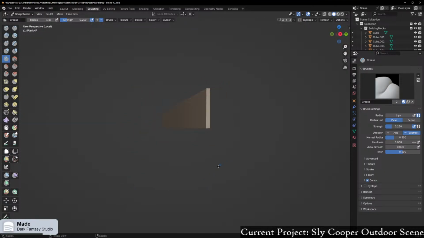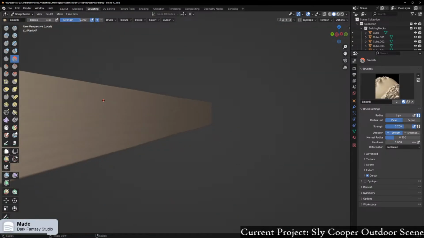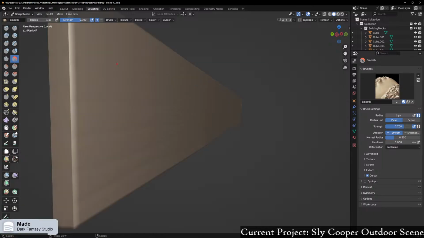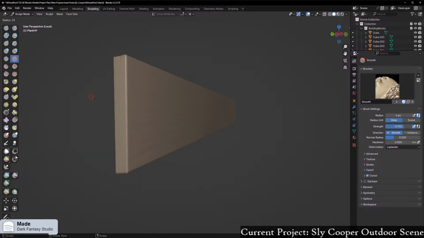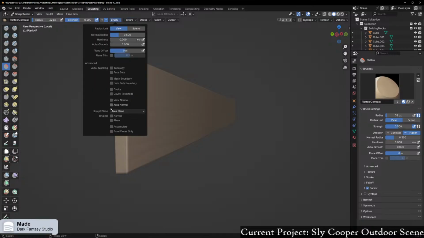And then at the very end, I think I might just etch across this for the sake of my sanity, because I don't particularly feel like doing rings. I am going to edge smooth this, I think. Okay, that's probably a bit too much. Maybe flat. I need to set this to